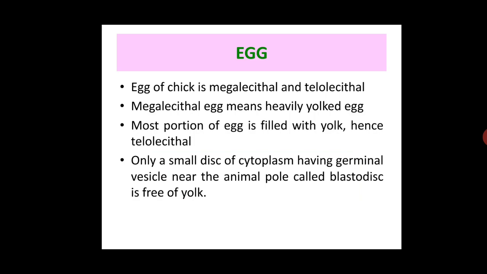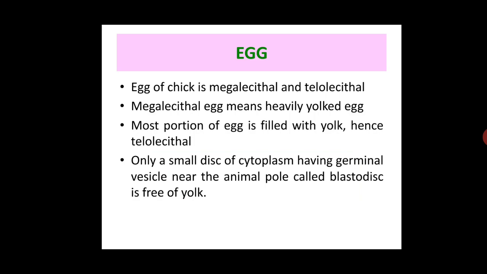Egg of chick is megalecithal and telolecithal. Megalecithal means large amount of yolk deposition in egg. Most portion of egg is filled with yolk, hence it is also called telolecithal egg. Only a small disc of cytoplasm having germinal vesicle near the animal pole is free of yolk, and this area